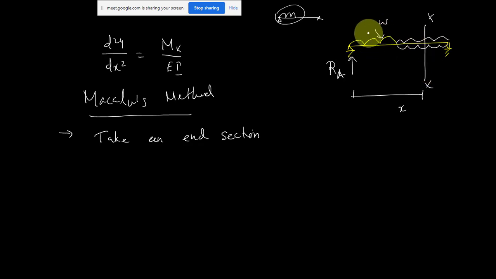In this case, if you take a section here, only this yellow color UDL, only that effect will be there. But instead of that, in Macaulay's method, you write an equation for the moment at the end section, and after that you can use this equation. But there are some extra things we are using, some function. I think I have given the singularity function in the note. There is one more difference, which I will explain while solving it. This is a limitation only.